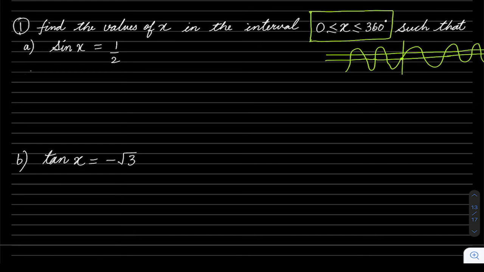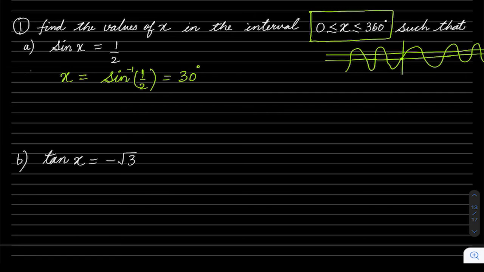But if we use just the calculator for this, that is x equal to sine inverse half, the calculator will give you only one answer. And in this case, I think it will give you 30 degrees. It might give you some other answer which is also correct, but mostly it will give you 30 degrees. So when it gives you the 30 degree value, it doesn't give all the values. So how do we find the other values?